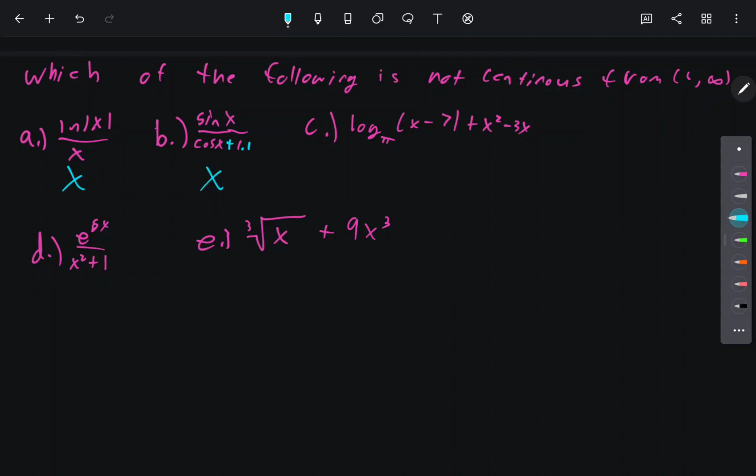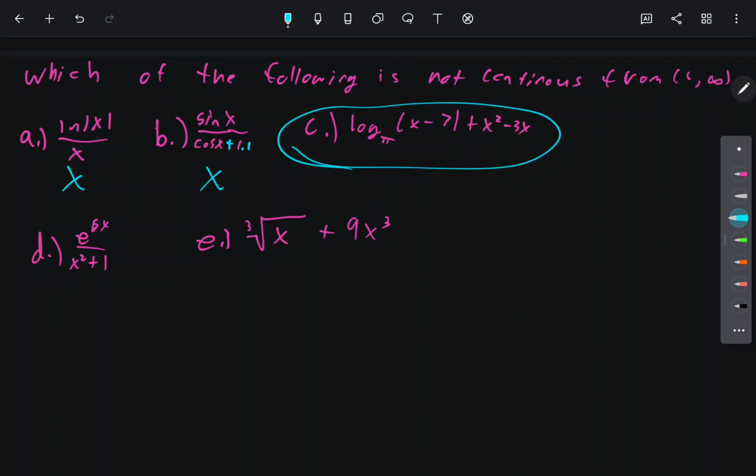The logarithm is not going to be continuous, and the reason why is it's shifted 4 to the right. So it's like 1, 2, 3, 4, 5, 6, 7. Alright. And it has this asymptote here. This asymptote makes it not continuous on the interval that we were asking about. Alright. So we know that this one is the right answer, but let's go into why these other ones